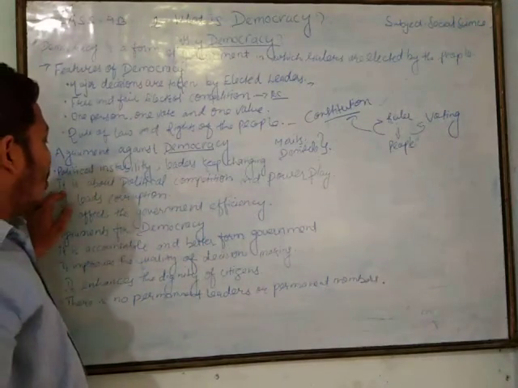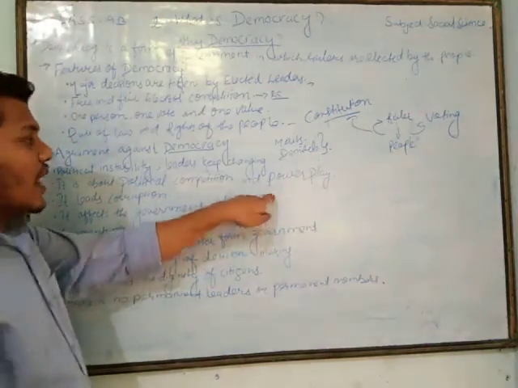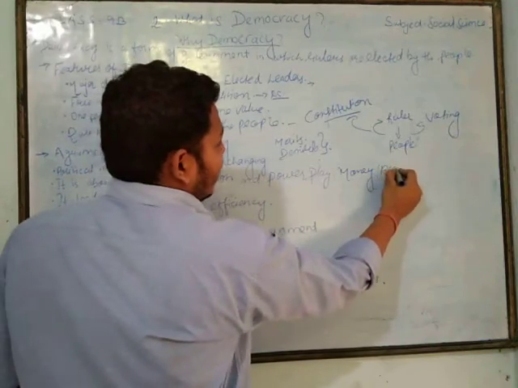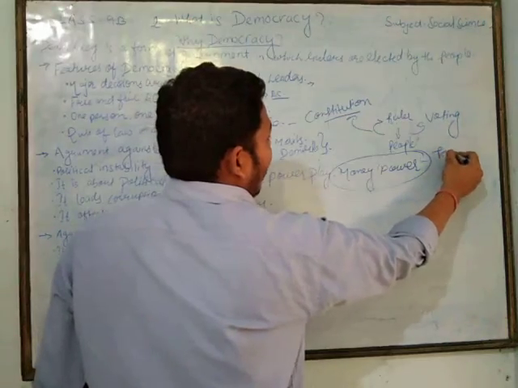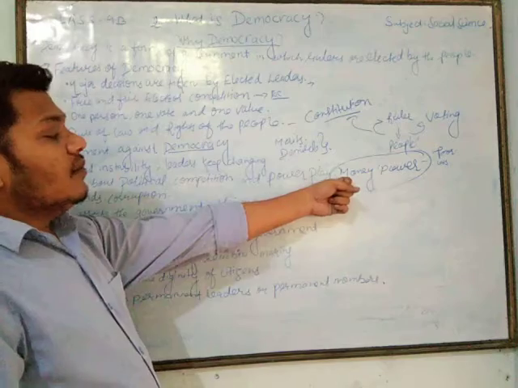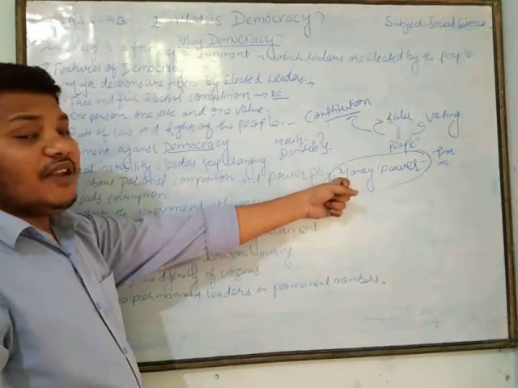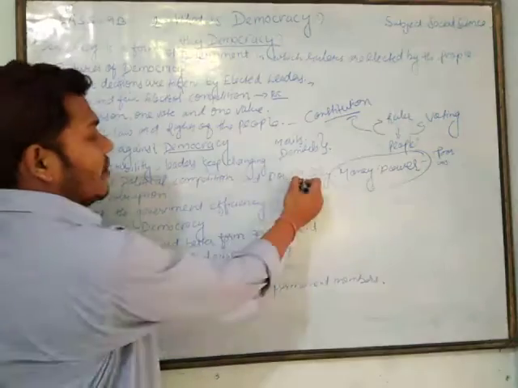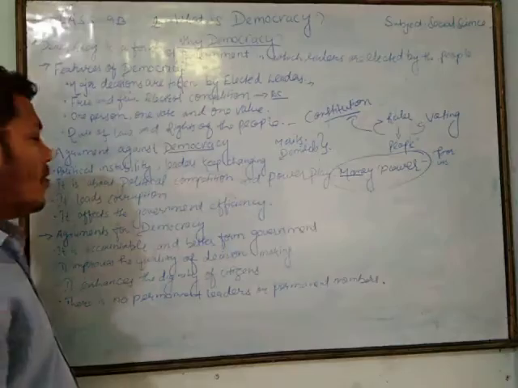Then second, it is all about political competition and power play. Those who have money and power are likely to win elections over a poor or less powerful candidate. If the candidate does not belong to any powerful group or is standing independent, they do not have any chance to win the election, whereas people who have power and money are likely to win. It is all about the game of money and power play.